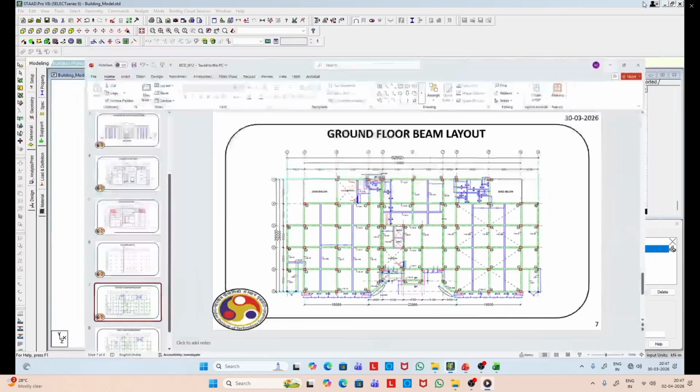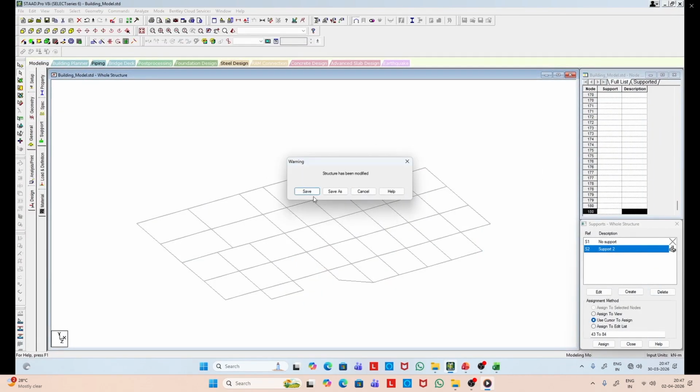So we'll copy it twice. You can see the point.